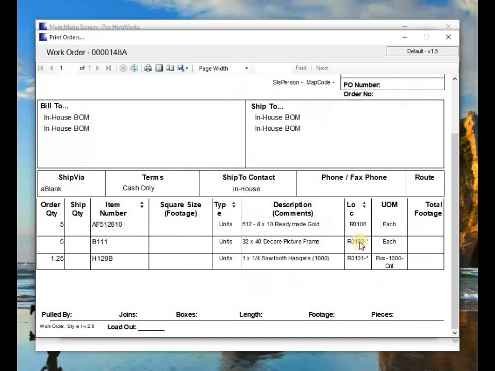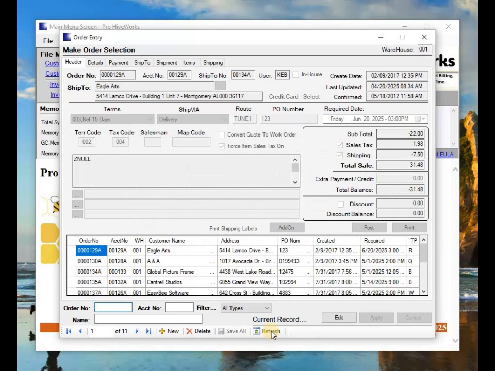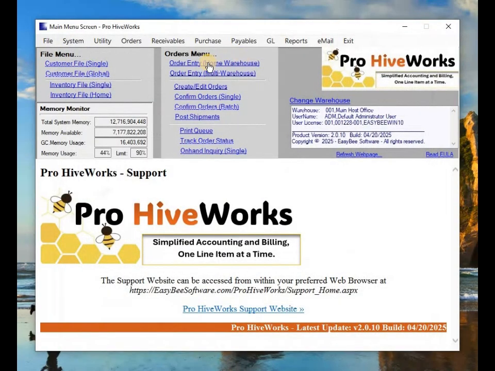These asterisks indicate that these are the 2 products or items I need to manufacture or assemble this product, and I'm assembling 5 of them. So this prints out into the shop, and then you work it and pull it. Okay. Now I'm going to refresh this, and then I'm going to exit out, and I'm going to go back